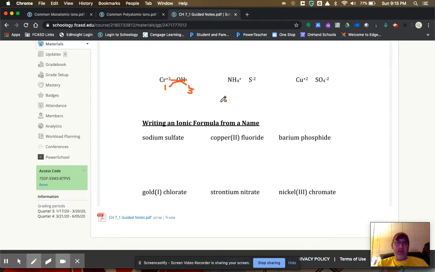So we have to write this with 1 Cr, or 1 Cr technically, and 3 OHs. So we have to show 3 OHs, so we don't multiply that out. We're just going to put OH in parentheses with the 3 outside. So the 1 Cr is just going to be Cr, and again, sorry that I'm using just my touchpad here, it's a little bit difficult. So Cr, and then to show 3 OHs, parenthesis, OH,